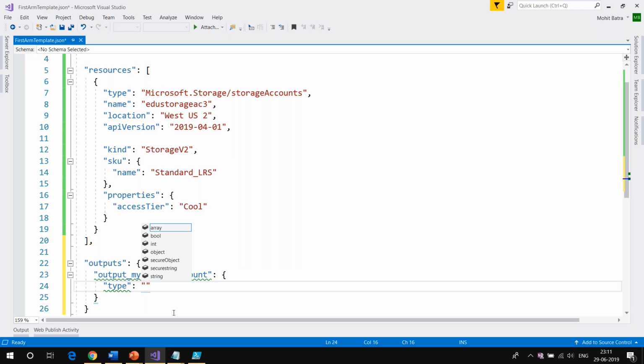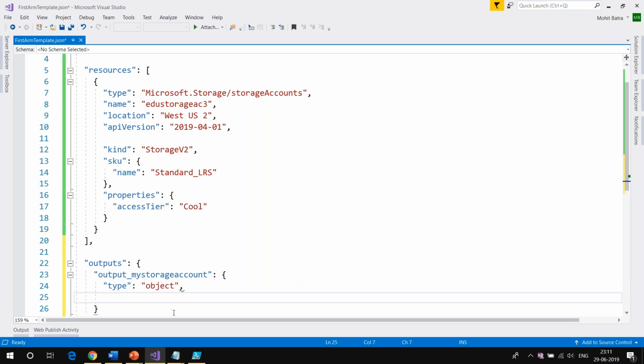You can have an array, boolean, integer, object, string. I'm going to select object here because I want to have complete information of my storage account. Then I'm going to select the value. What is the value here? The value is edu storage AC3.